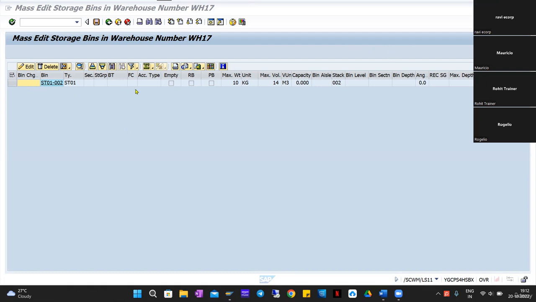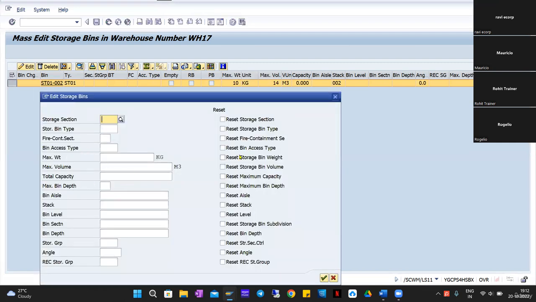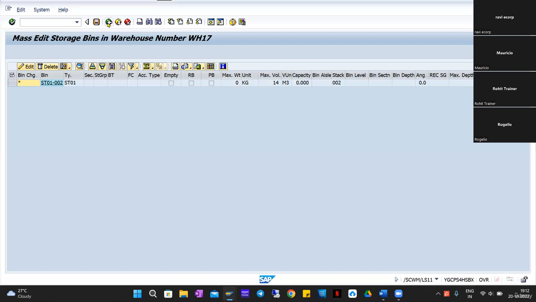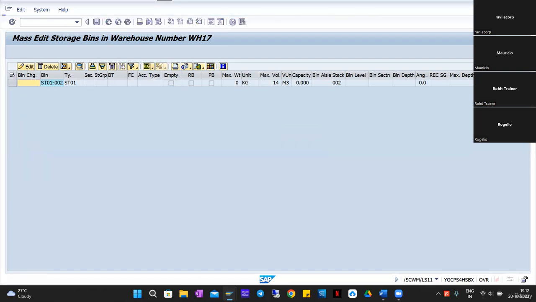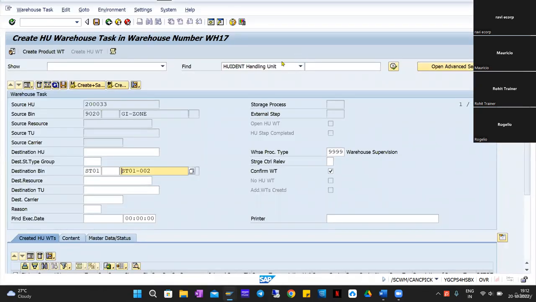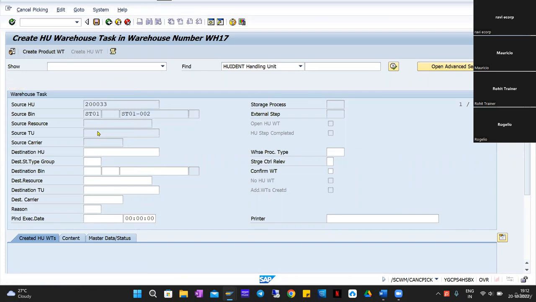Okay, I'm back. So I'll also try to remove this maximum weight. Reset storage bin weight. Maximum weight is also gone. I'll save it. Now let me try to create the task. The stock is now moved to ST01. Now I'll try to create